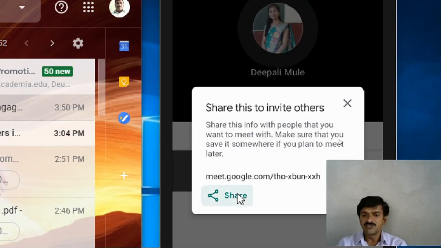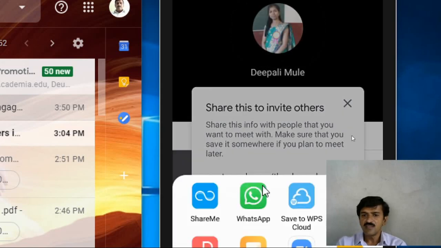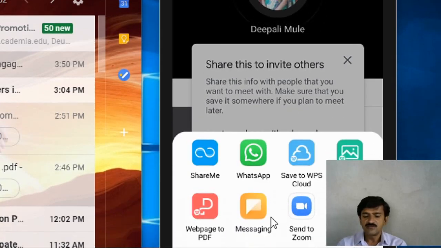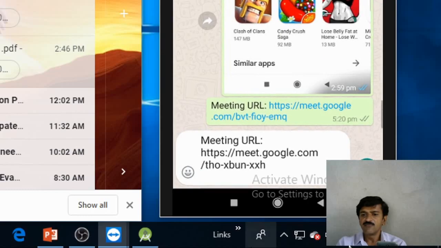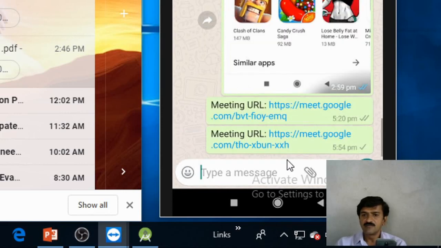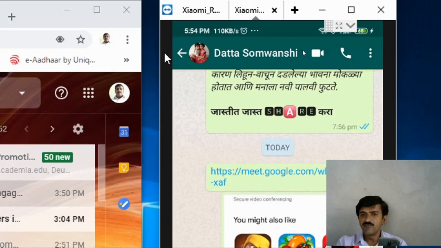So I am selecting the share option. I am selecting this meeting URL on WhatsApp. I am selecting a contact and selecting forward. This is the meeting URL. I am selecting the send button. Okay, in this way we can create the meeting.